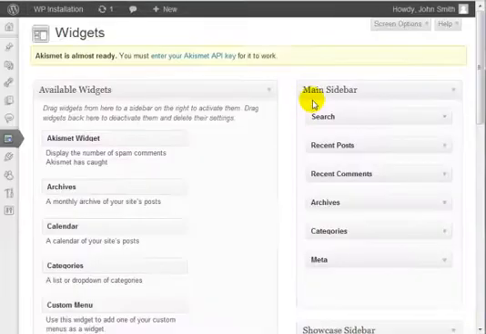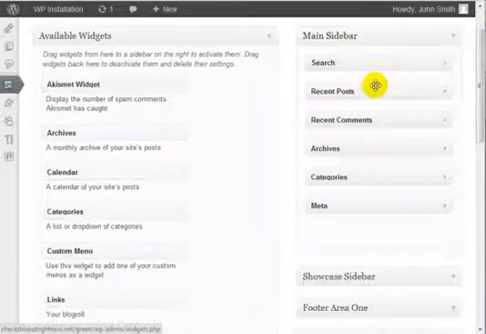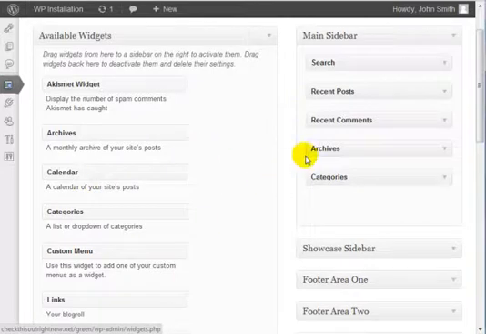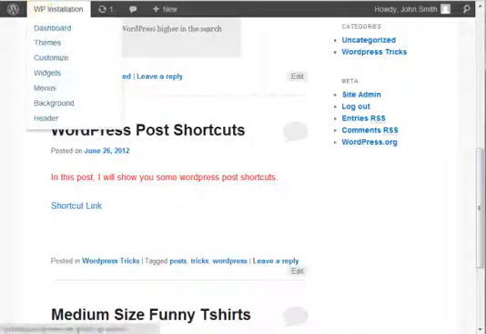So if you go back here, you'll notice the same thing. So the beauty of this is that you can remove certain things. Let's say I don't want meta. If I don't want meta, I can just simply drag and drop meta over here. Let's say I want to move archives over here. And what happens is it's all real time. So if I were to refresh this page,